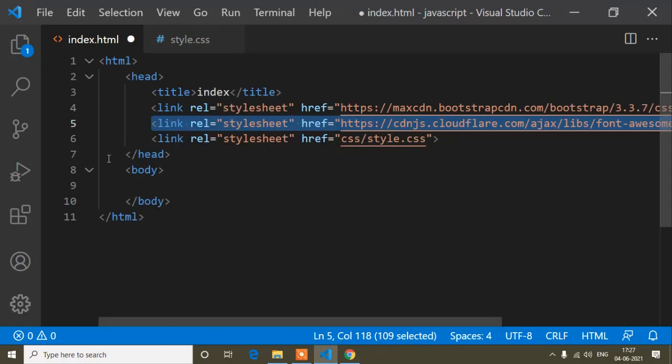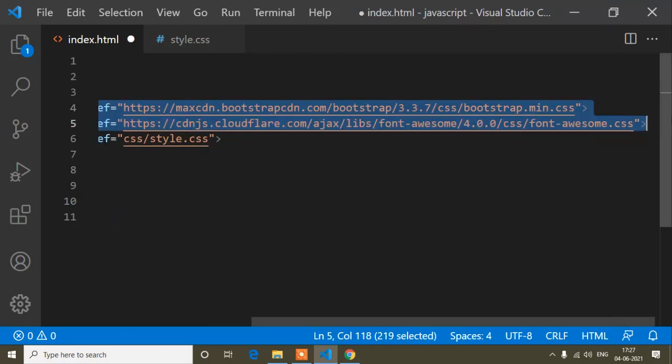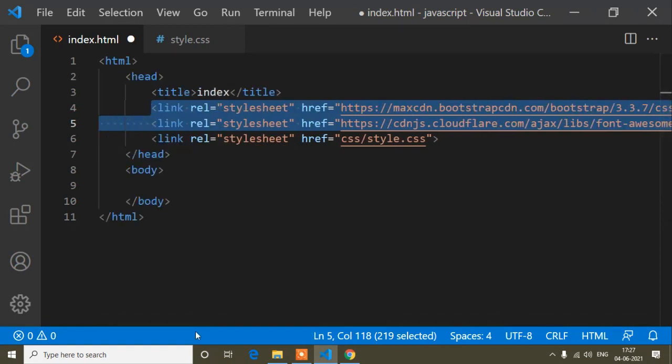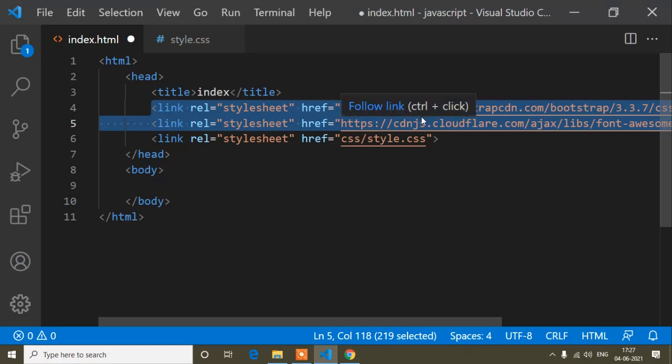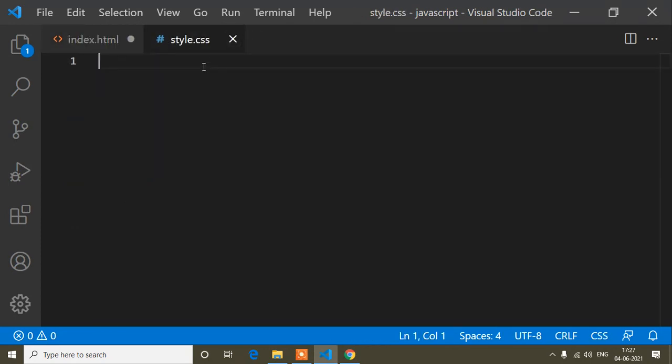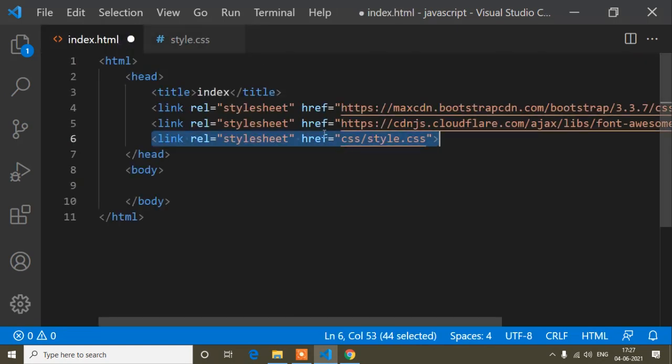These 2 links I will provide in the description. If you know how to get the CDN links of Bootstrap and Font Awesome, you can do that. Otherwise I will provide the links in the description, so you can take them and put them in your project. And this link is for this external CSS file. So I have added this link here.